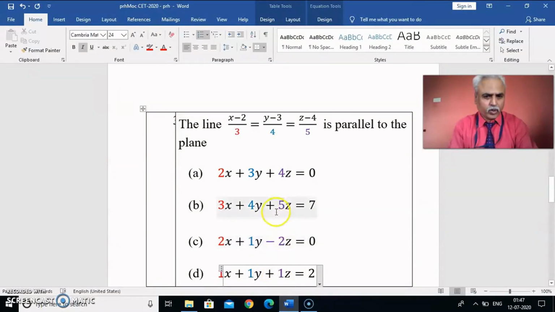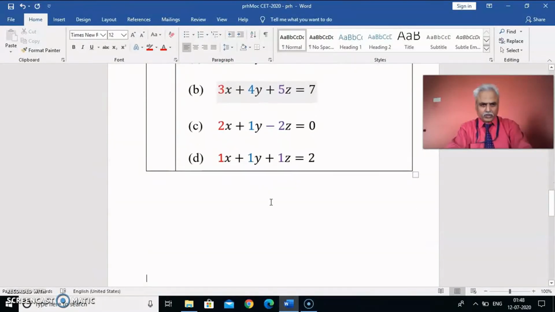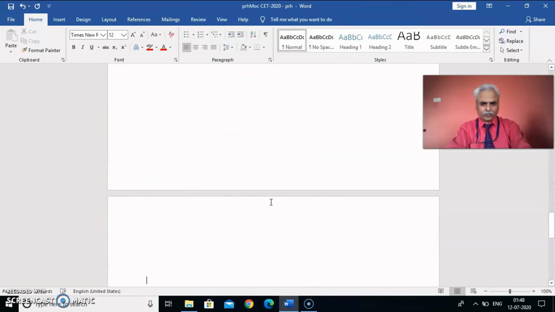Suppose there is one more negative sign, that time you have to check only 2 answers instead of 4 answers. So here you can use 1/4 of the time, and 3/4 of the time you can save. I'll go to the last question, the fourth one.